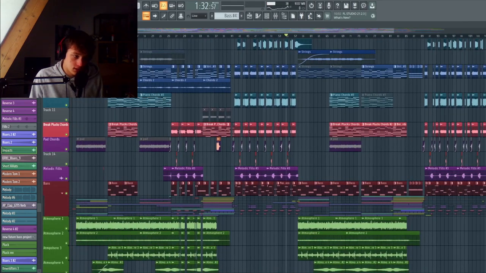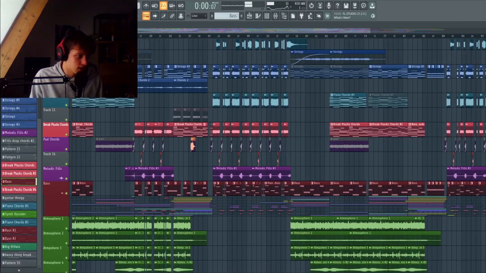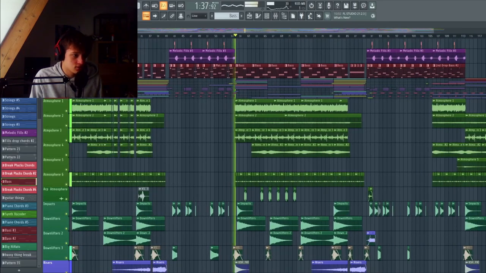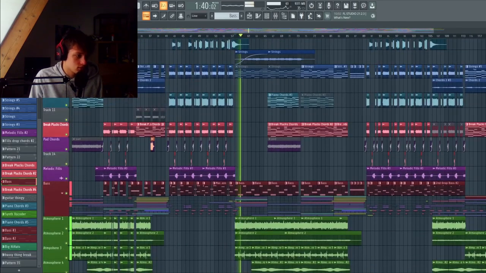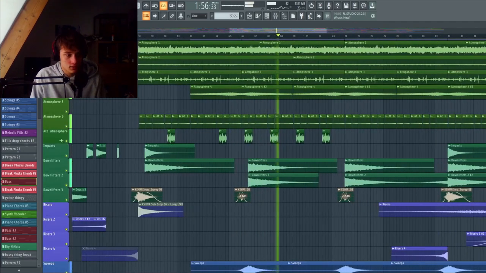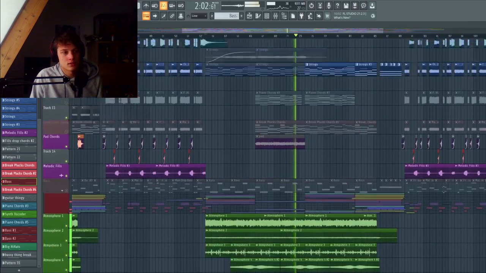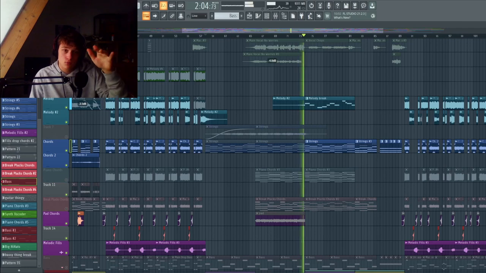And then the break is pretty simple actually. It's the same bass again. Same atmospheres, to be honest. And here the loops more. So it's kind of like a building energy, right? And here it's a little break again with